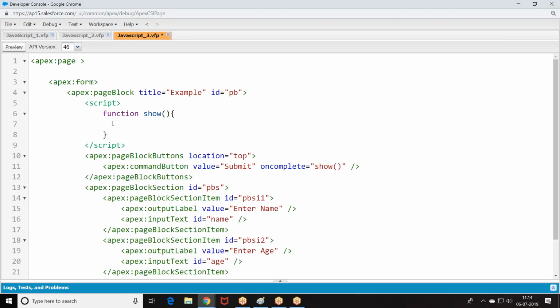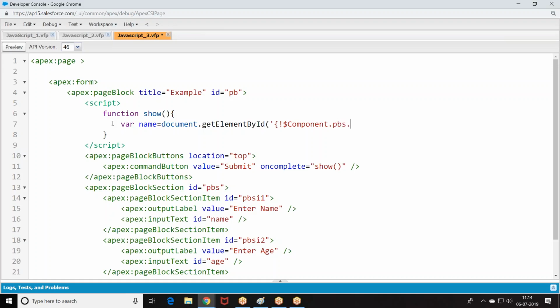Now this is the way you're getting it. Then how do you read the value? Look at the point: name equal to document dot getElementById, component dot, what is the component we had?